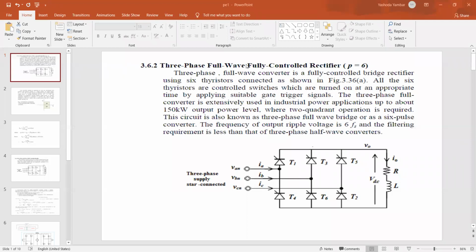When firing angle alpha is less than 90, this point is important. When the firing angle alpha is maintained less than 90, the lift is able to obtain maximum power from the source, and the lift can move from ground floor to top floor. I repeat: when the firing angle is maintained less than 90, the lift receives maximum power from the source and it moves from ground floor to top floor. When the firing angle is maintained greater than 90, the lift